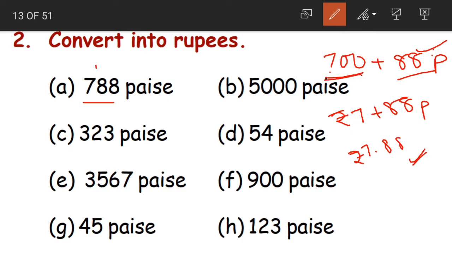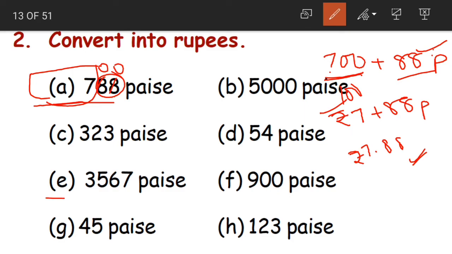Yes, we have to divide from the, what do you say children? Except for the ones and tens place, the remaining should be divided by 100. Except for these two digits, instead of ones and tens, write 2 zeros and then divide the resulting number by 100. You will get your rupees.